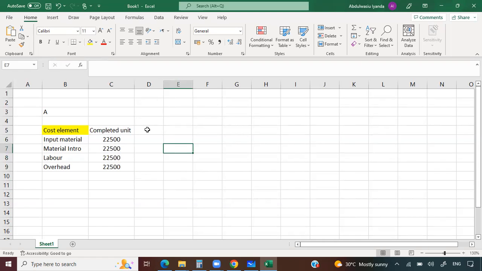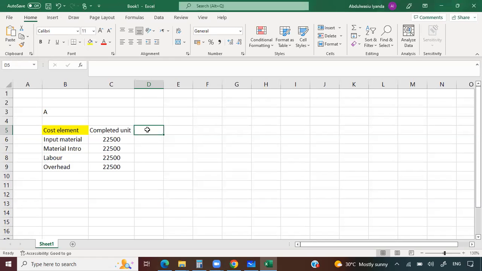Then, since we are using FIFO, they can as well sometimes ask you to use LIFO. This is cost accounting. Some of the things that we are doing are not in compliance with accounting standards. So since we are being told now that we should use FIFO, first in, first out,